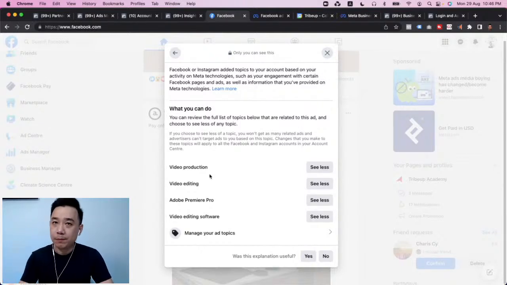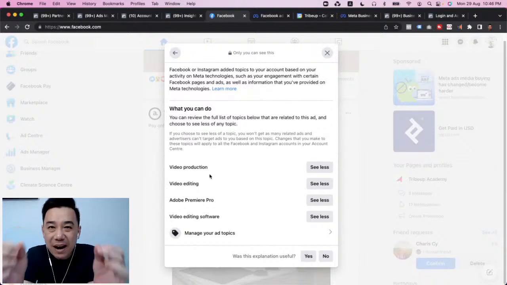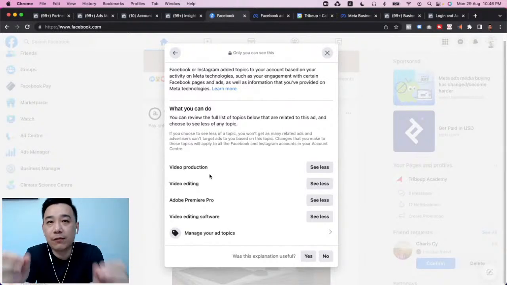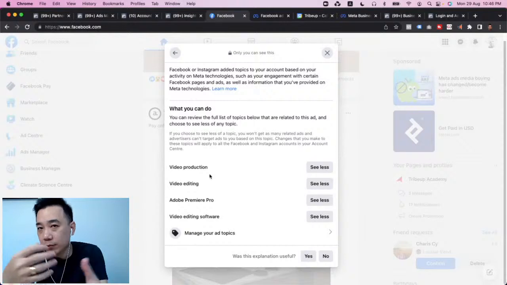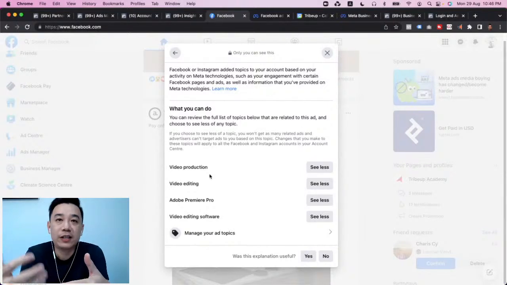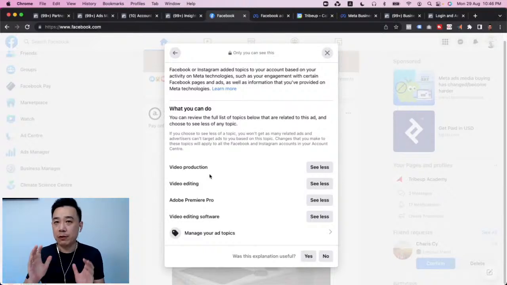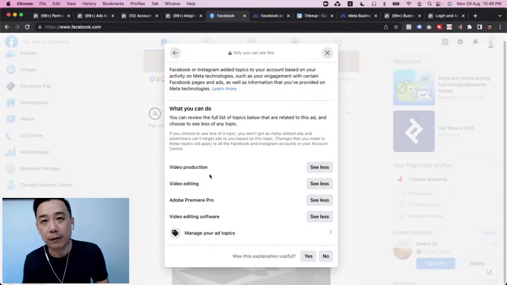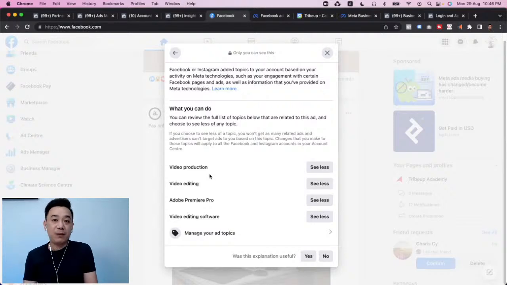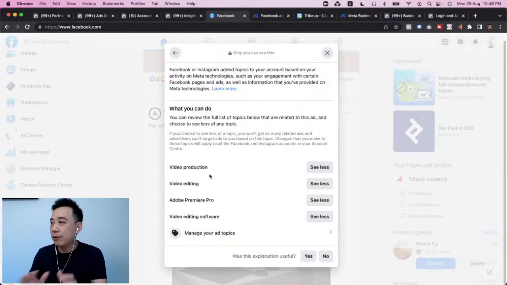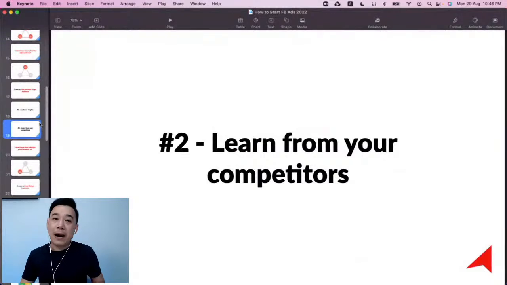Because the moment you go broad, like Russell was going broad, essentially you allow Facebook to reach more people in a more effective way. We are betting on Facebook's algorithm to help us find the right people. The more you allow this campaign to run, over time, it gets better and better. But that's a deeper question to be talked about already. I just want to give you the idea about what can be done and one of the best practices you can look into right now. So that's how you learn from your competitors to find the target audience for your campaign.